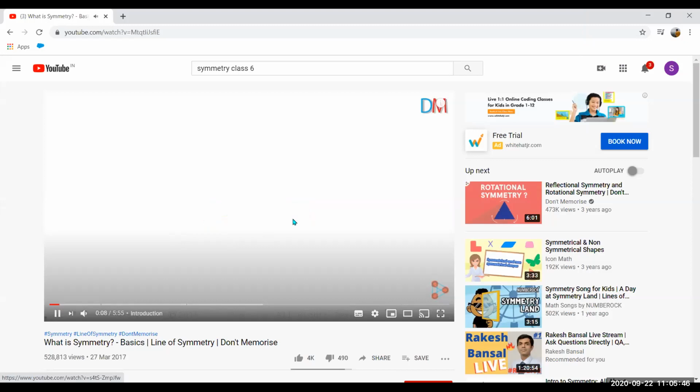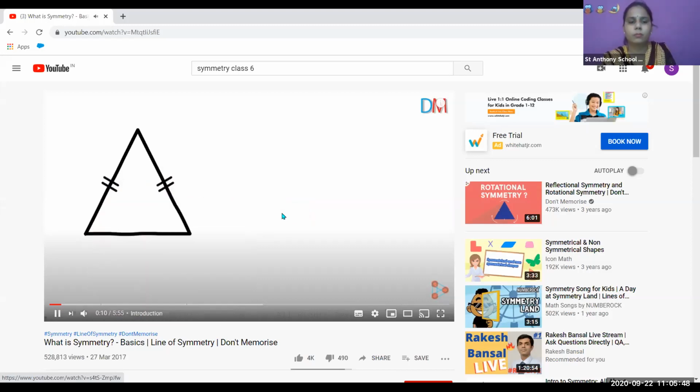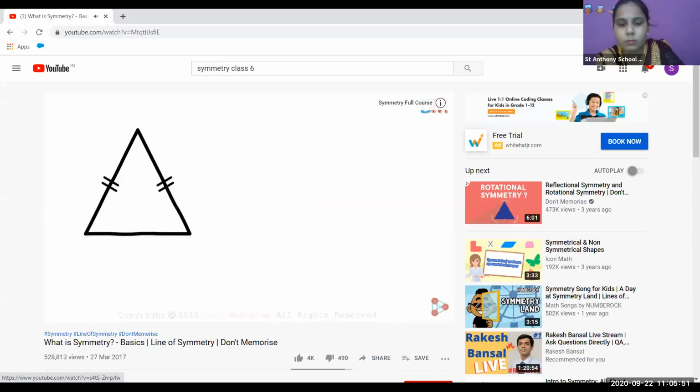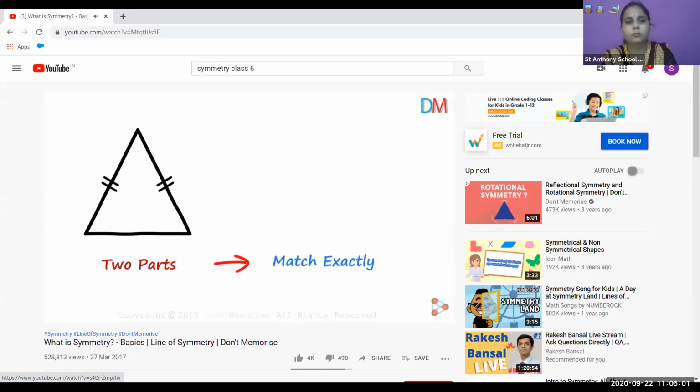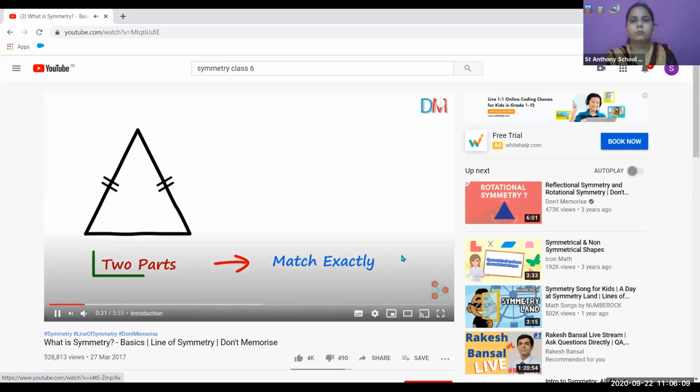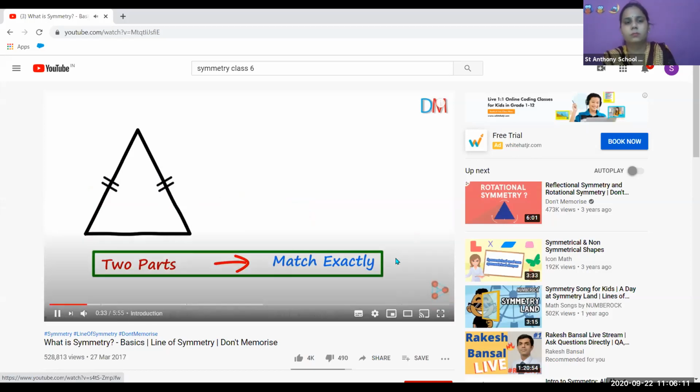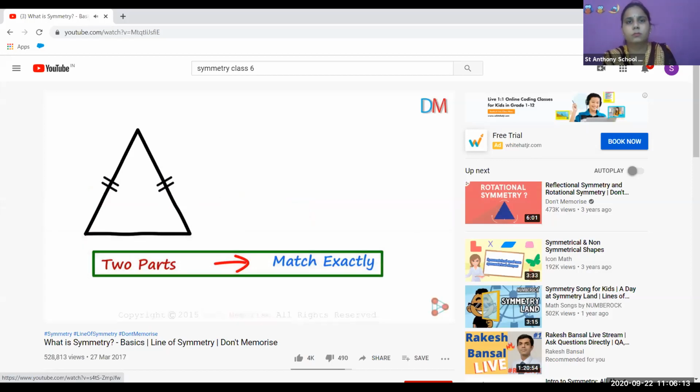Thank you, teacher. It's a triangle in which two of its sides are equal. Now let me give you an easy task. You need to think if we can divide this triangle into two parts such that both the parts match exactly when they're folded along a line. How would you divide the triangle if this condition has to be satisfied? Fold it along a line such that both parts formed match exactly. Pause the video and give it a shot.